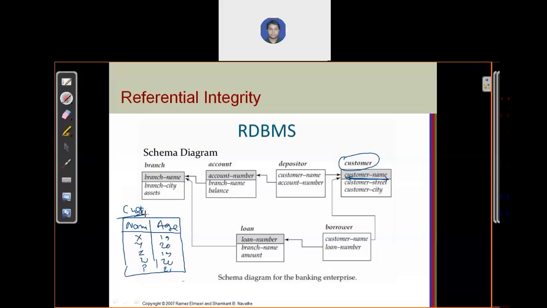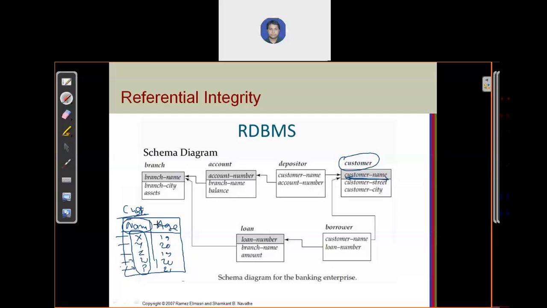This is the state. Now in this state of the relation, all five names in this customer table are unique. As you can see, there are no two customers having the same name. So you can set name as a primary key of that relation because the state of the relation is allowing you to set this name attribute as a primary key.